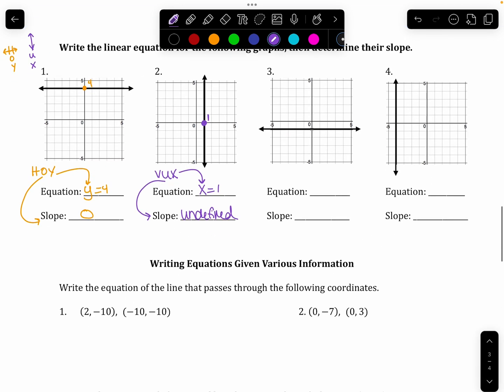These last two, I'm just going to do them kind of quickly. This is going to be y equals -1 with a slope of 0. And this one is vertical. It's going to be x equals -4, and that slope is undefined. Okay,